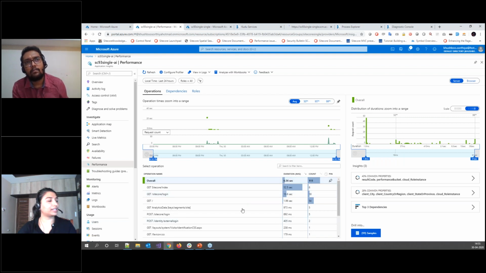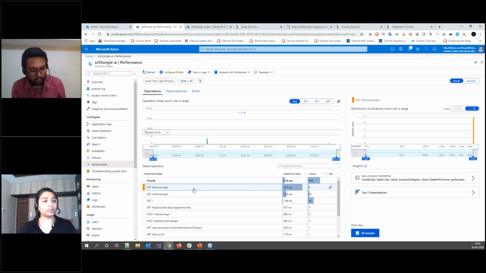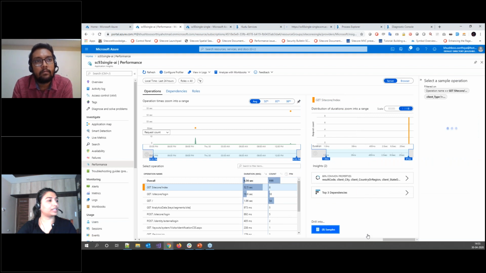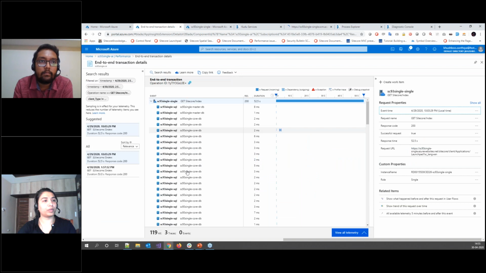When you select any request from this list, it gives the samples for that request. And again, when we select any sample from this, it navigates to the end-to-end transaction where we can see the dependency calls of that request and also the details about that request.